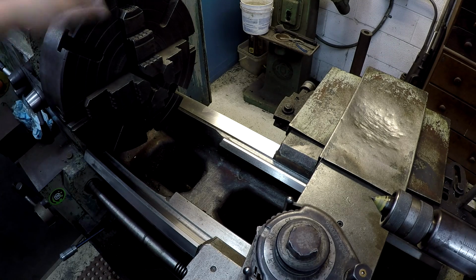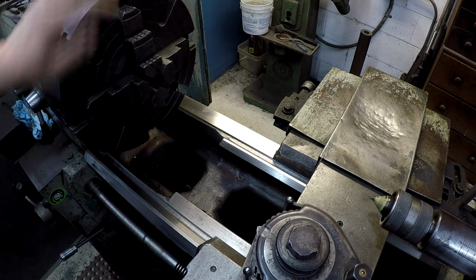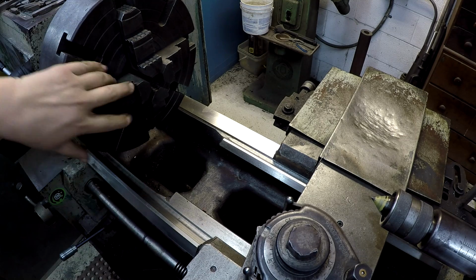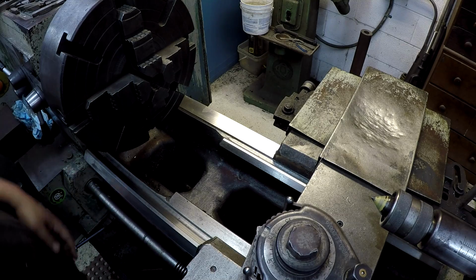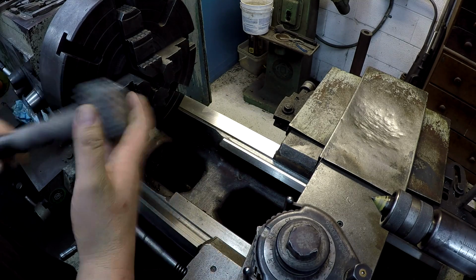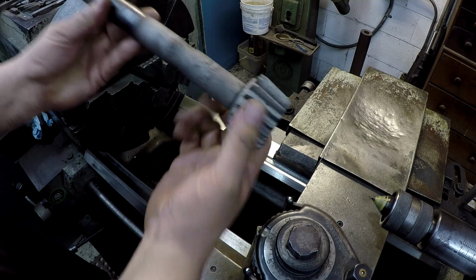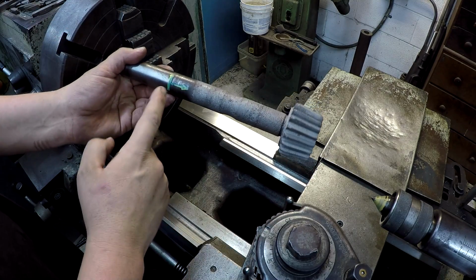So this is the old 4-jaw that I was talking about. This is the original chuck that came with the Victor lathe, and I'm going to be utilizing this chuck whenever I'm having to do some dirty work like welding or spray welding, that kind of stuff. So I've already got the jaws set about 1 1/8 inch. That's what our shaft size is going to be. So we're going to end up repairing